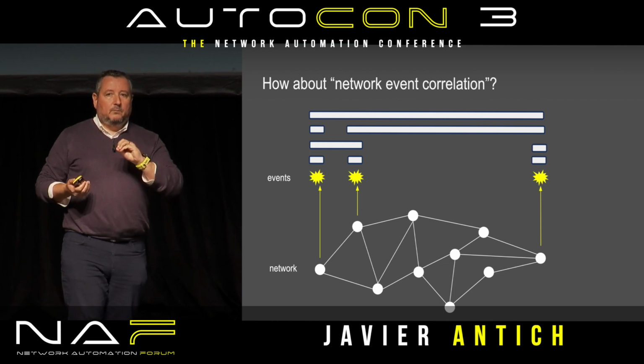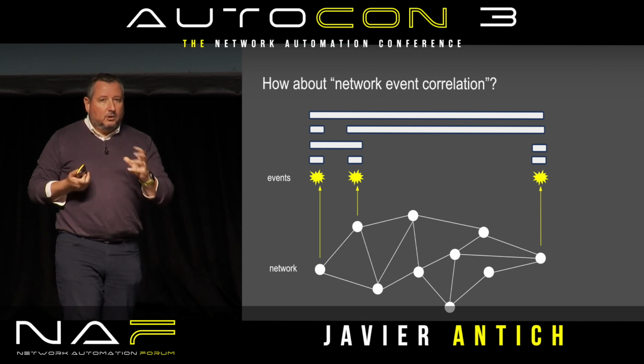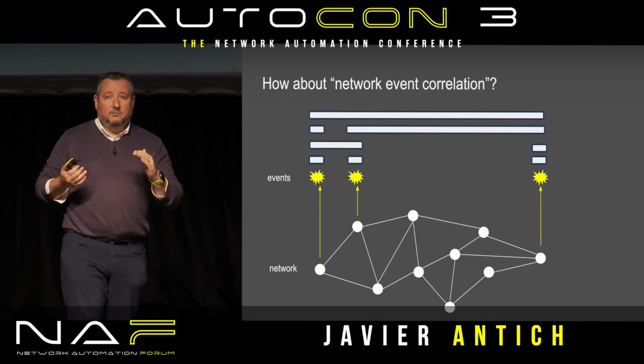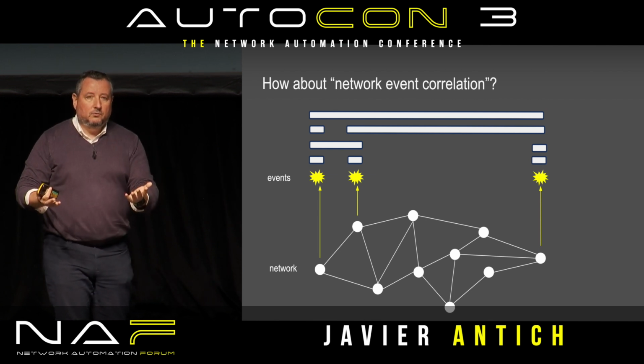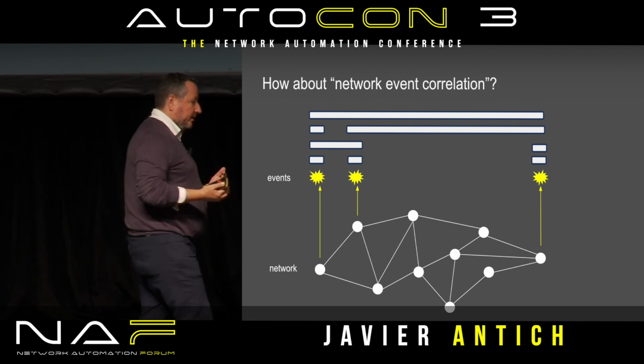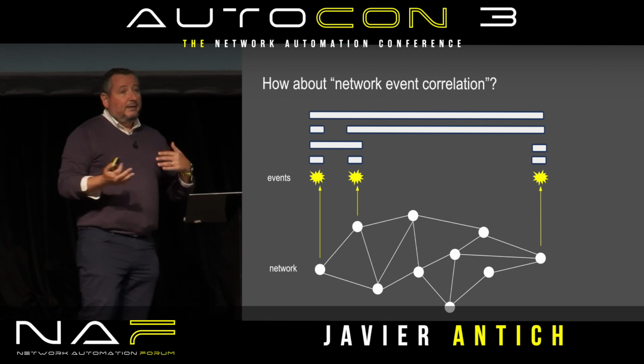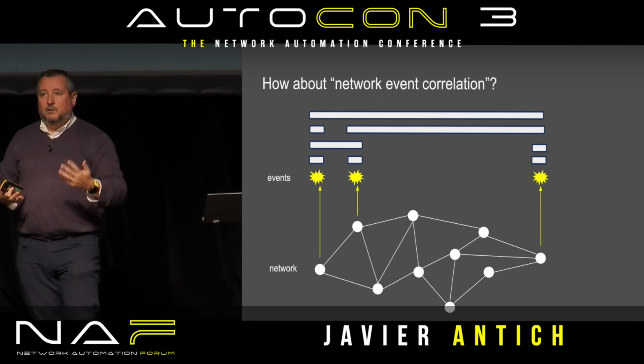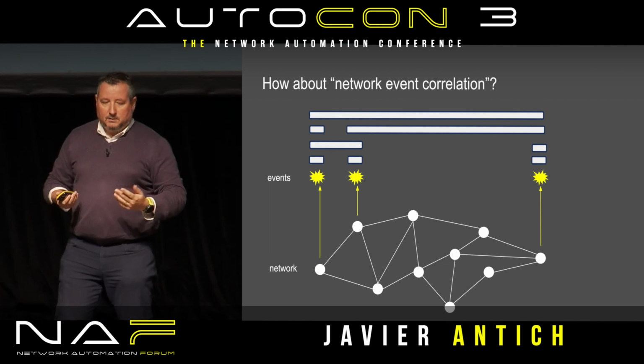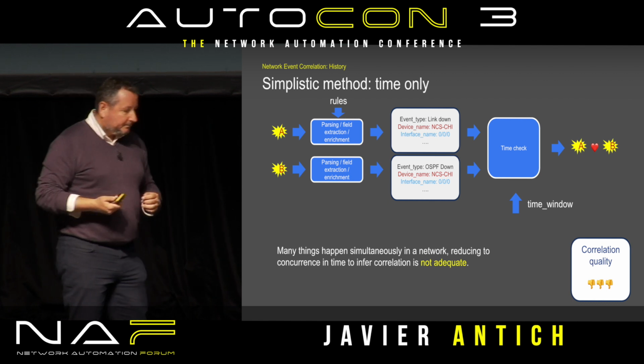Because if we produce correlation of events that are not really connected with each other, the system is going to be misleading you, or misleading your network engineers, which means they now have double work to figure out what is real and what is not, which is kind of a weird issue.